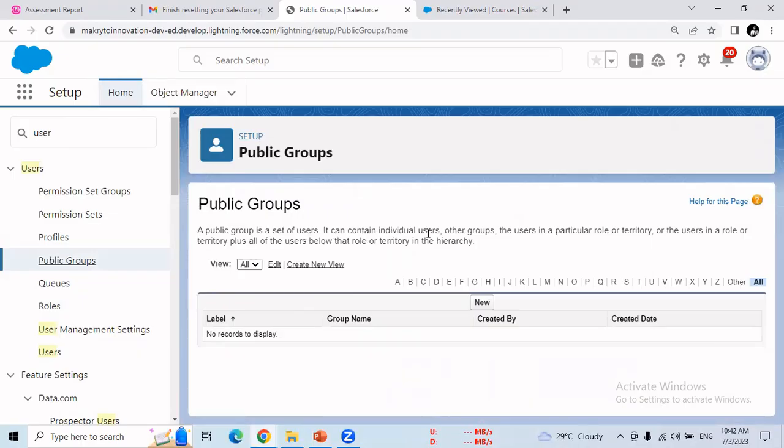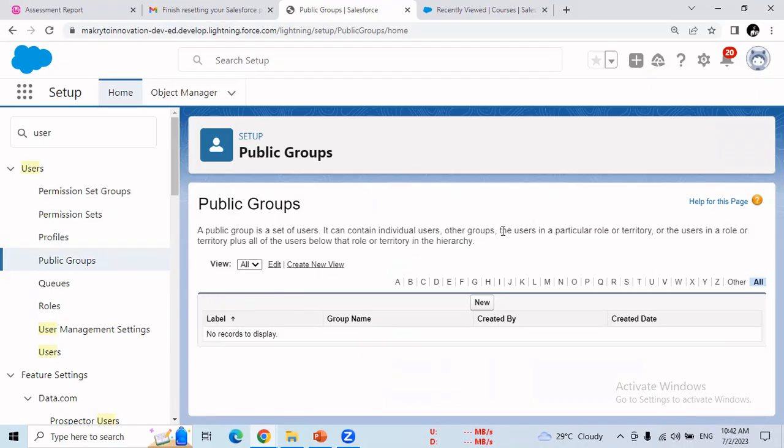It can contain individual users, other groups. मतलब इंडिविजुअल यूजर्स, यानी you can select one of the users, जितने भी अपने 10, 5, 6 जितने भी यूजर्स आपके इसमें होंगे वो उसमें से आप सिलेक्ट कर सकते हो। Other groups यानी कि इसके अलावा कोई ऑलरेडी पब्लिक ग्रुप बना है वहां से मेंबर फेच करना चाहते हो तो आप वो भी फेच कर सकते हो।